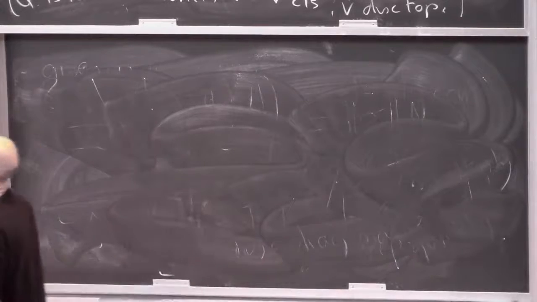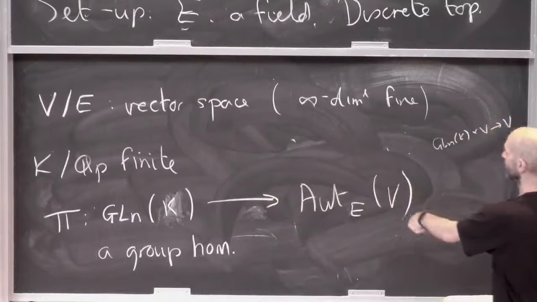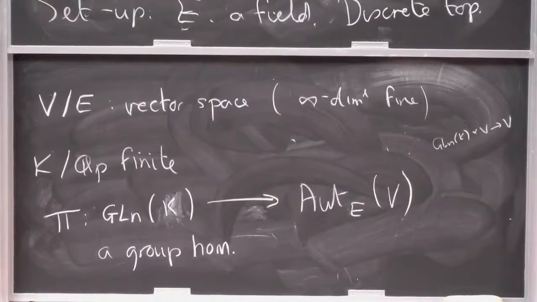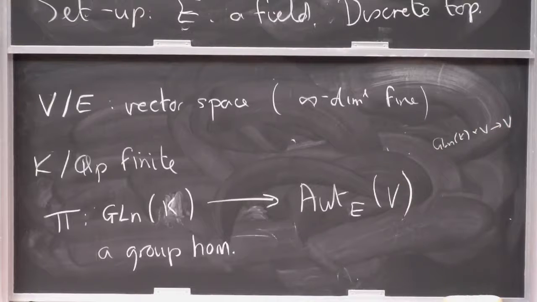Because I'm not allowed, you could imagine that if E was the p-adic numbers, then elements in here could vary p-adically continuously, and the elements here moving p-adically continuously. But E is a field with a discrete topology. So I've got something moving p-adically continuously here, and the only way it can possibly move over here is by staying the same. So I'm saying locally, stabilizers being open means that for every vector you've got a little subgroup of things that don't actually move that vector at all. That's the only way you can move p-adically continuously, is by staying in the same place. So there's some kind of continuity notion, and here's an even stronger notion.